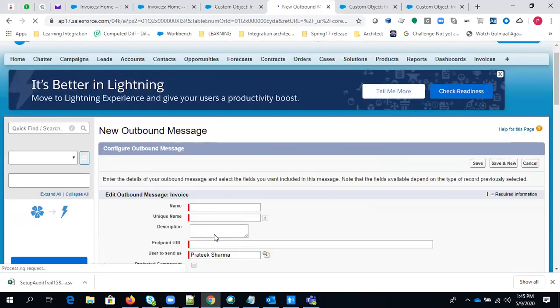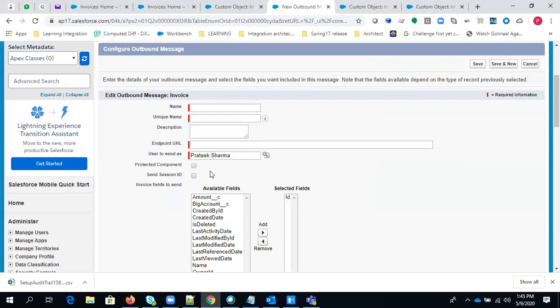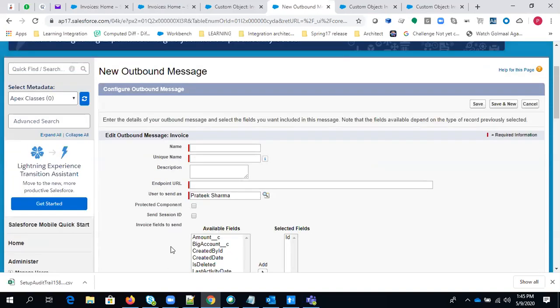As we don't have any third party, we will use some dummy values in the outbound message. Outbound messages means, if you have created a contract between you and a third party application to process your big accounts, you need to give it some information related to your big account to process further.